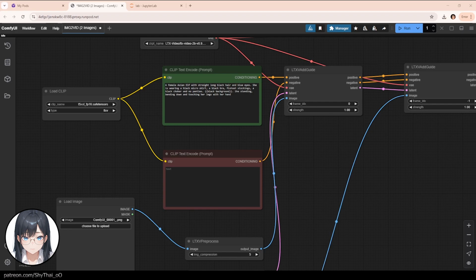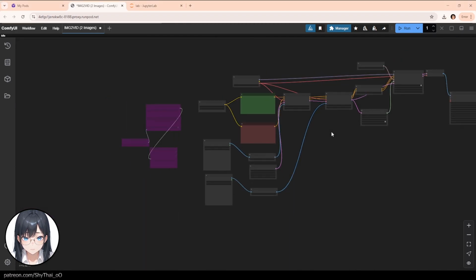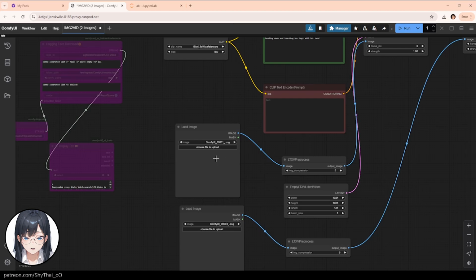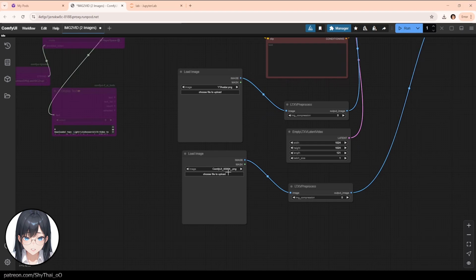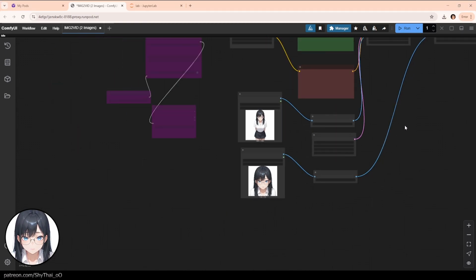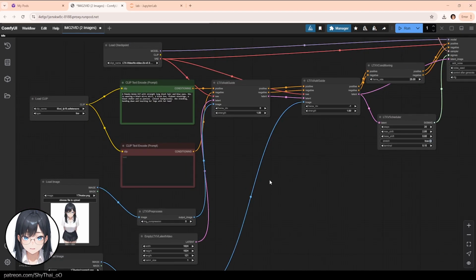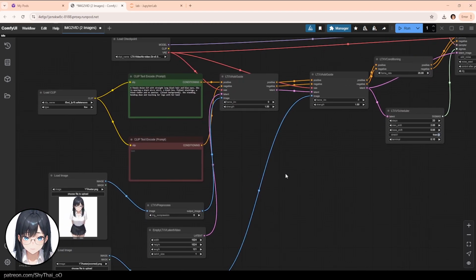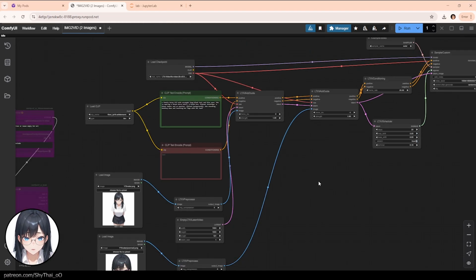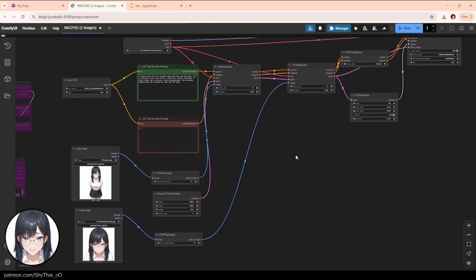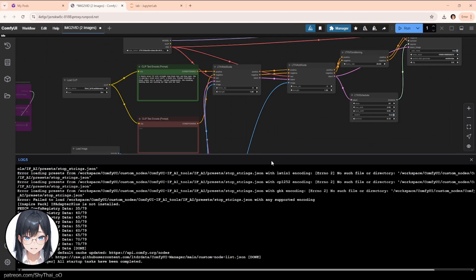Here we are. Now, it doesn't give me the alert that any nodes are missing. Let's select 2 images real quick. This will be the start image, and this will be the ending image. Now, again, I'm not going through this workflow in too much depth, because this is not the one I want to talk about. If you're interested, of course, do let me know, and I'm happy to run you through an image-to-video generator. It's more about the process of getting everything that you need for a specific node. So let's hit up the logs, get this down a little bit,